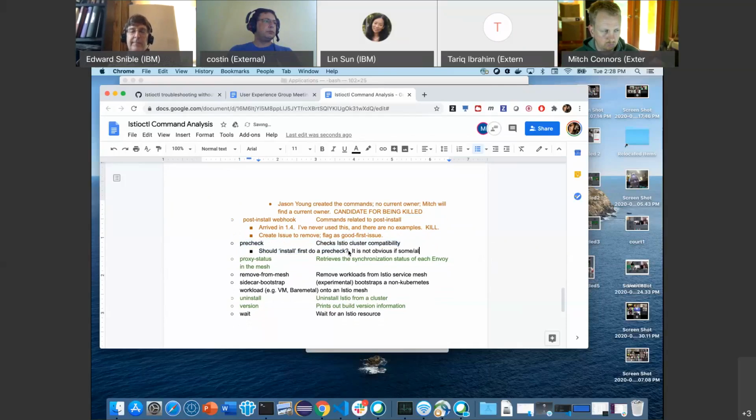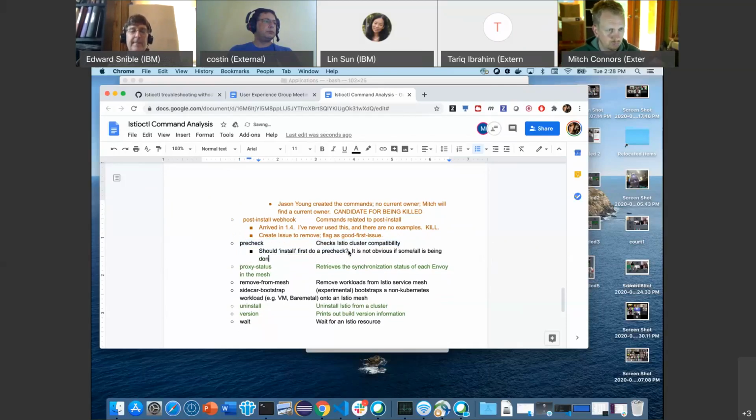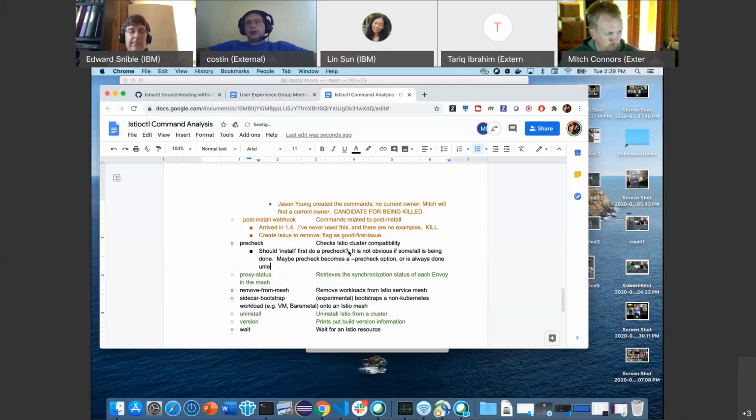Because one thing, I mean, if install does a pre-check, maybe pre-check doesn't deserve its own command. It could be an option within the install that instead of doing full install, you pre-check. It's actually not. Definitely install should do pre-check, but I think it's reasonable to have a tool that is just pre-checking that everything